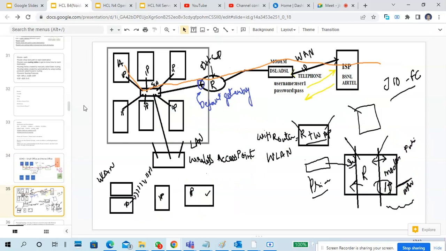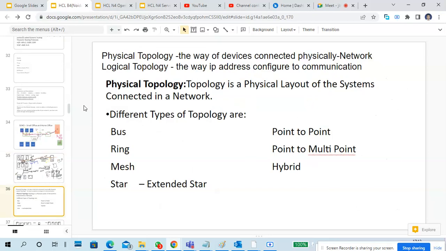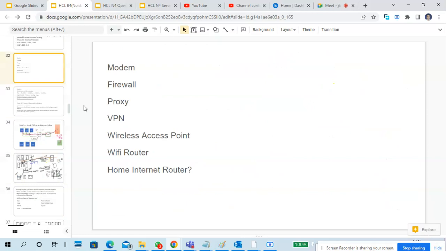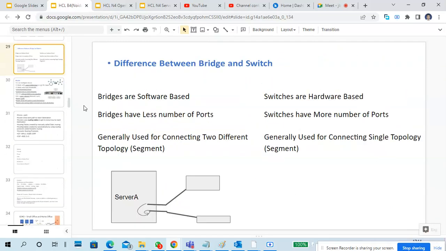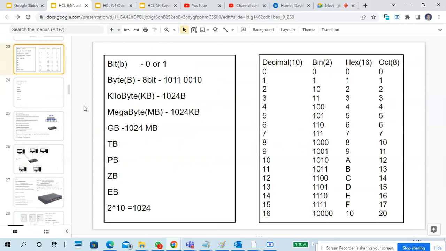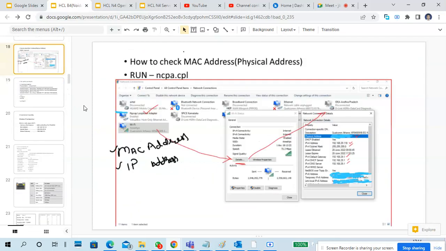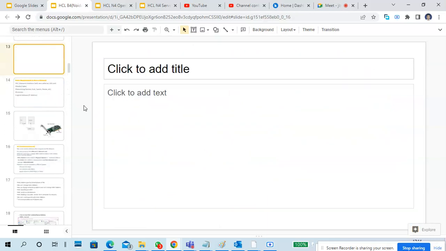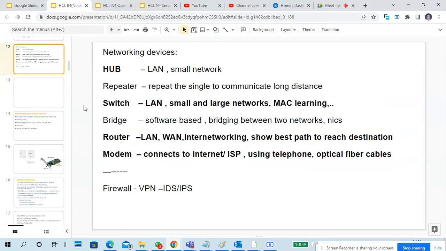You can see, okay. So I have given some diagram earlier while explaining. I've used this one, so you know where the default gateway is located. So these are basically some devices. But guys, do some research on what is a proxy, VPN, and firewalls also. VPN is also one of the most common questions. So these are all devices. Important devices: hubs, switches, routers, and modems. Okay, these are the main devices.